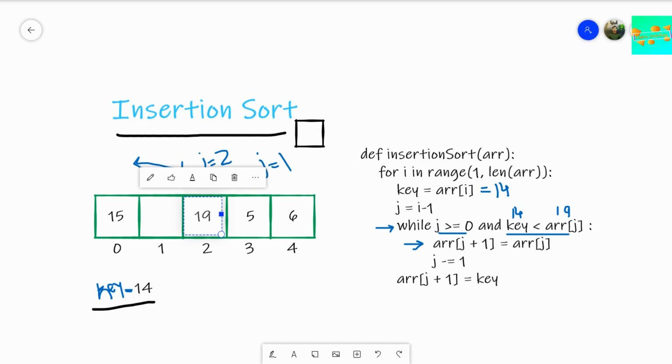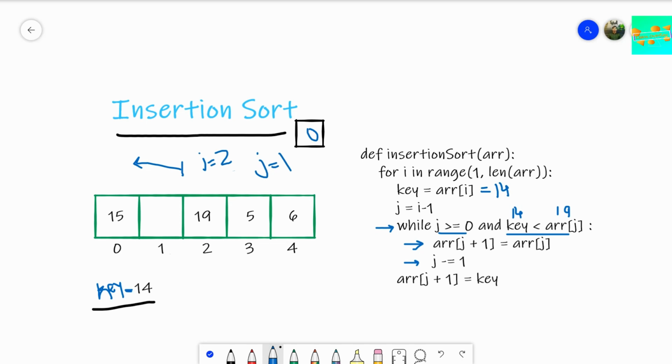In the next step we do j minus 1. We have j as 1, so j minus 1 becomes 0.